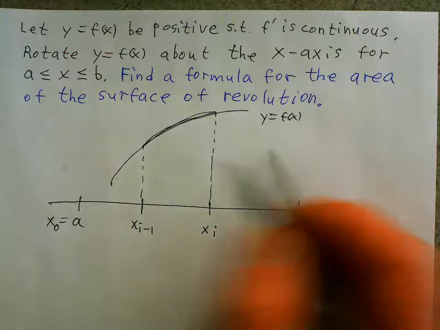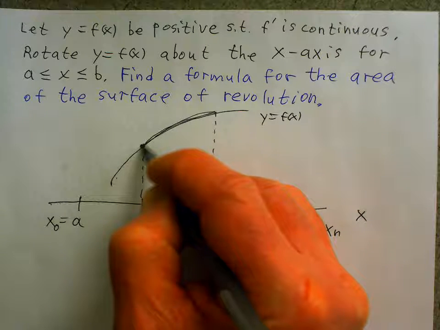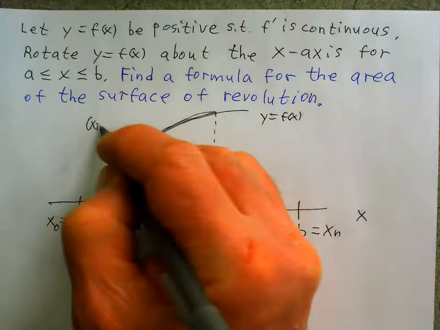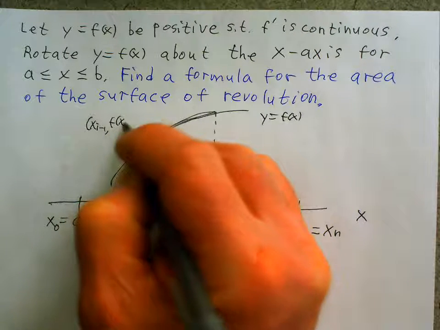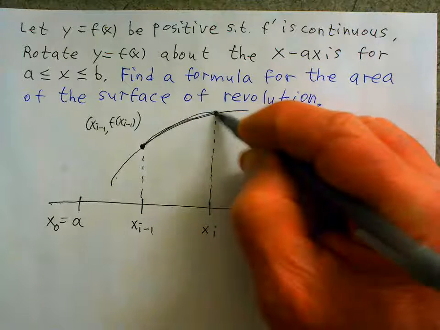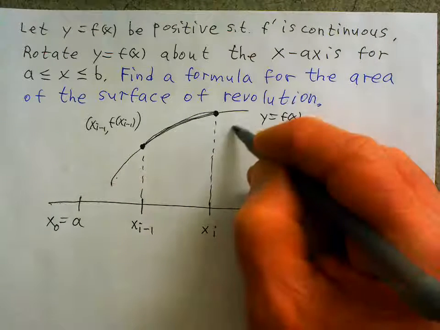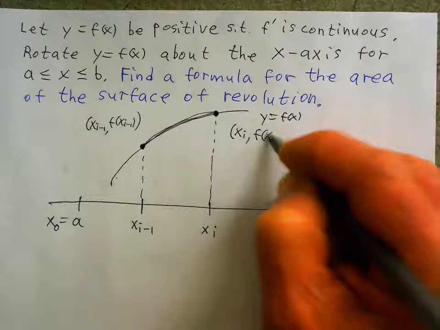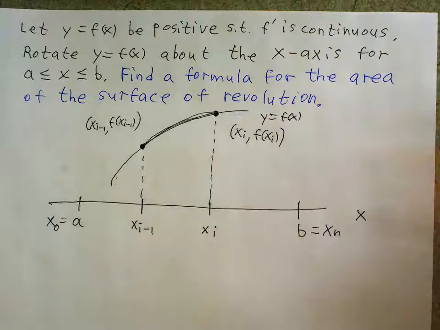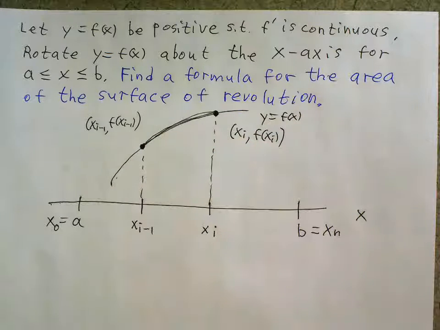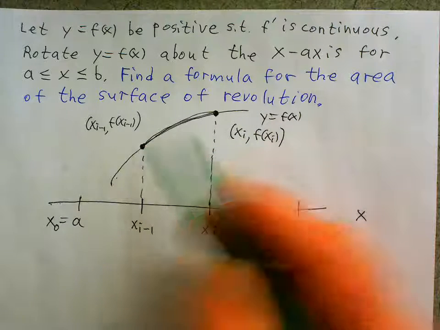Okay, on the graph of f of x, corresponding to this point is the ordered pair x sub i minus 1, f of x sub i minus 1. And corresponding to this point on the graph is the ordered pair x sub i, f of x sub i. And then if I draw a straight line segment connecting those two points on the graph,